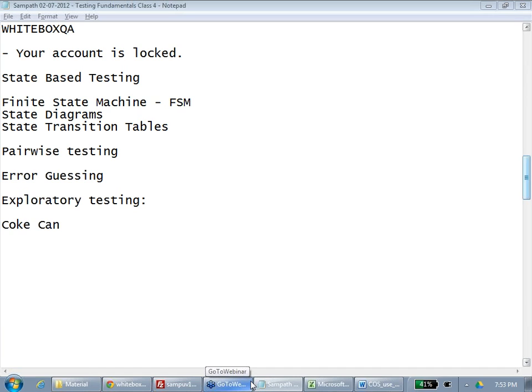Should be clean. Should not contain any pesticides. So you can come up with as many test cases. Think about boundary. The amount of liquid inside it should be equal to what is mentioned on the content. That's boundary. If you don't know what boundary is, then you should know boundary. And the nutrition facts mentioned outside should be the same. Am I clear?